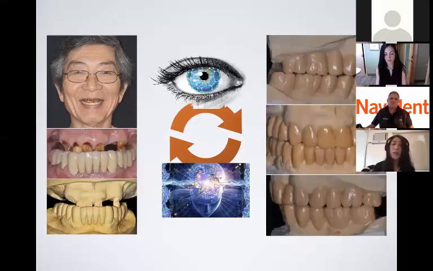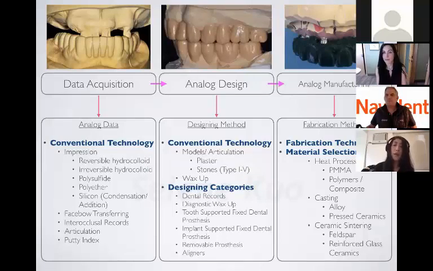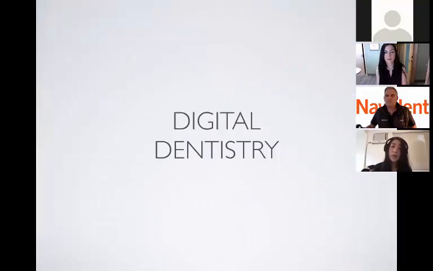You're trying to foresee what the future teeth are going to be by establishing your diagnostic wax. This is very difficult, as everybody knows. That's why we go through training for so many years, but still we're trying to do a better job. Once you have that, then of course you proceed to your definitive treatment. As I break it down here, from data acquisition and data collection, to the design of the cases, until the manufacturing part, in conventional dentistry we're literally talking about so much uncertainty,